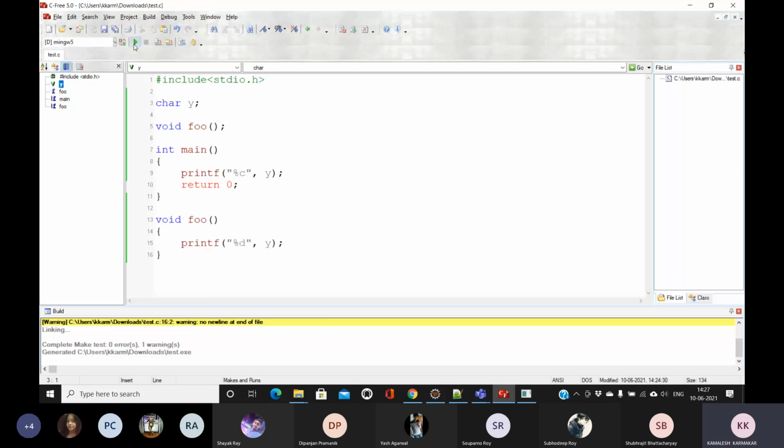So call by reference is different. C doesn't support call by reference. It's a call by value even if we use a pointer. In case of a global variable, the global variable is accessible from everywhere.